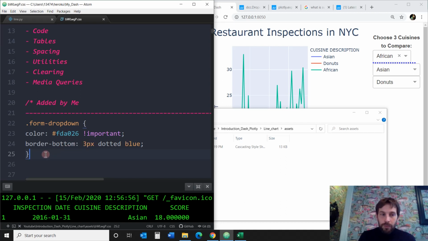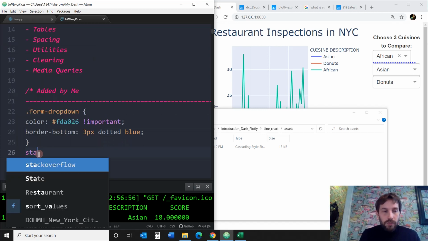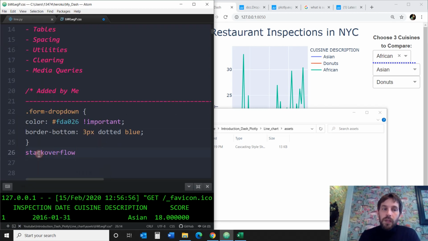This is just an example. There's no reason for this. I actually don't really know how to do this. I don't know CSS very well, so I just looked it up on a website called stackoverflow.com, and I asked, how do I do a dropdown? How do I play around with the text inside a dropdown? And this is what I got. So I just copy pasted it into the CSS document,